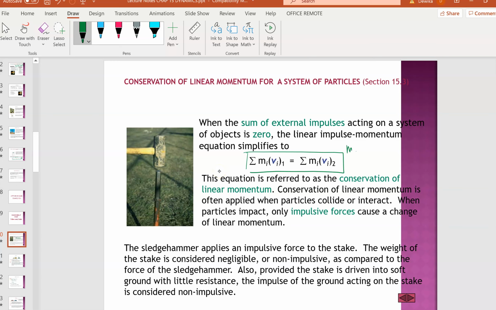You remember mA vA plus mB vB initial, so you put the 1 here, equals mA vA final plus mB vB final. So this is the formula. This formula is a combination of all the objects that are in the collision. So let's say it is object A, just